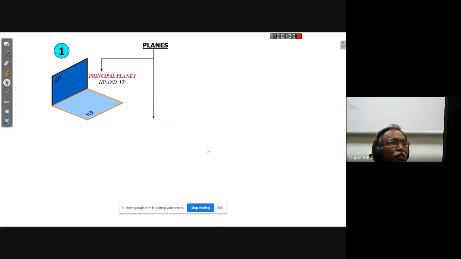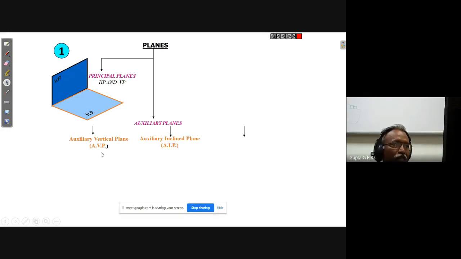Vertical plane and horizontal plane. And there are some more planes other than the vertical plane, horizontal plane, and principal planes. There may be any plane perpendicular to the vertical plane and perpendicular to the horizontal plane. Some more planes are also possible, called auxiliary vertical planes. Vertical plane means perpendicular to HP, but it can be at any angle to the actual vertical plane. Only one of them I assume as the vertical plane, like this.